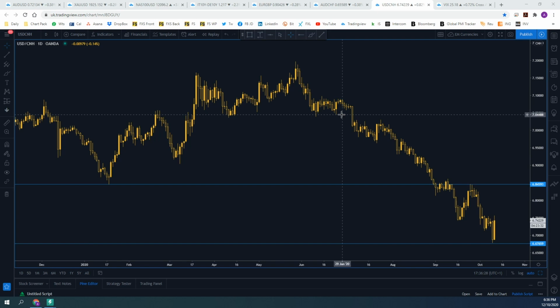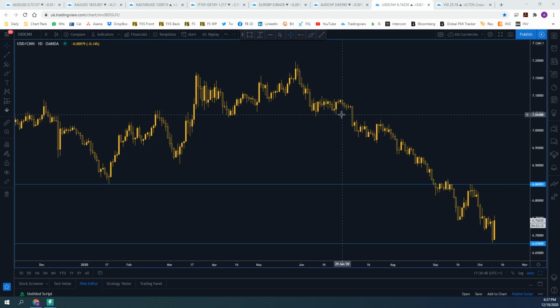So is this a negative for the yuan if it means increased lending capacity? Obviously, that should be good for growth. So why is it bad for the currency? Well, in the short term, it all just comes down to liquidity. So by removing that risk reserve, it gives the economy a liquidity injection, which is negative for the currency from a money supply point of view, of course, and it also increases the likelihood of outflows in the currency as well.